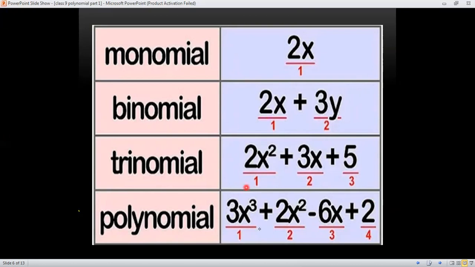When a polynomial is having four terms, we call it as cubic polynomial. Now, what do we call a polynomial which is having one variable, which is having two variables,